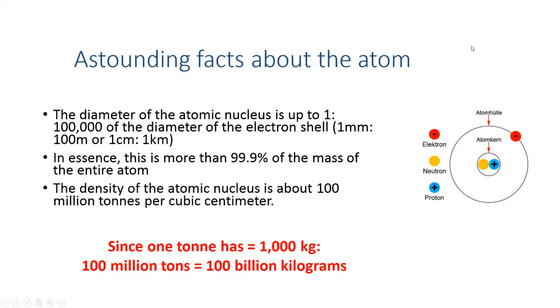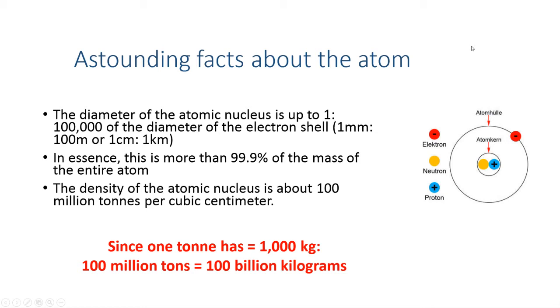was 1 centimeter. If we now imagine a sphere of marble with a diameter of 1 kilometer, only the 1 centimeter nucleus and its electrons represent matter. So this nucleus and its electrons weigh just as much as the whole marble sphere with a diameter of 1 kilometer. The empty space between the 1 centimeter nucleus and the electrons, which are orbiting at a distance of 1 kilometer, does not weigh anything. It follows that more than 99.9% of the atom is not made up of matter.